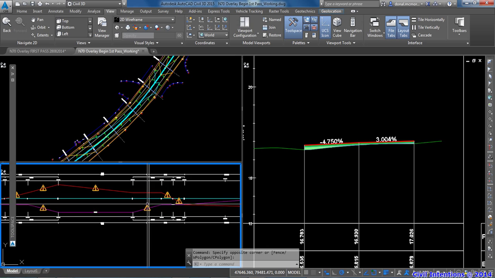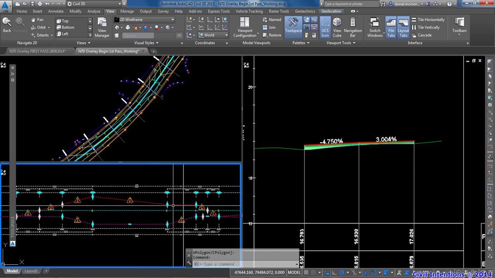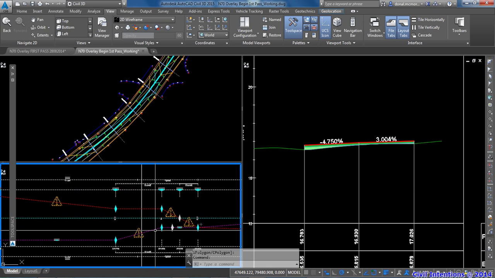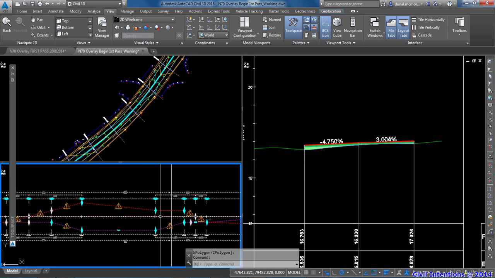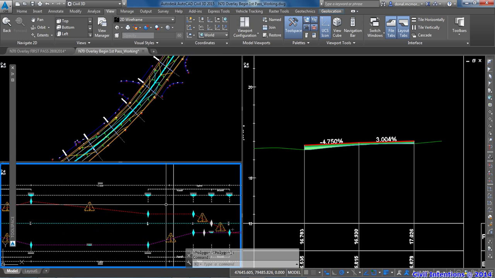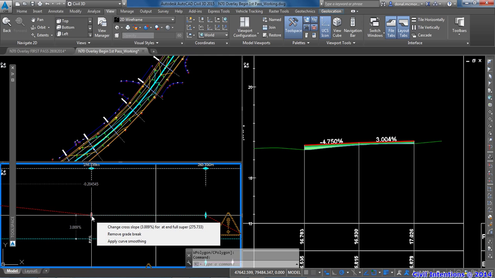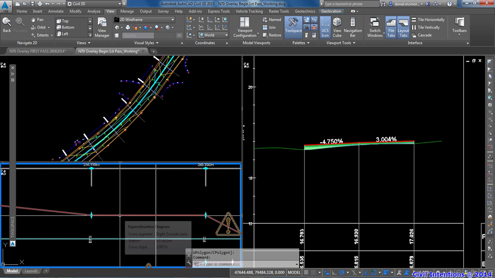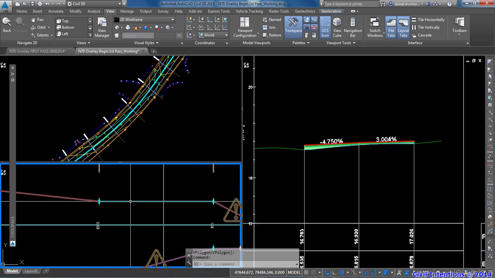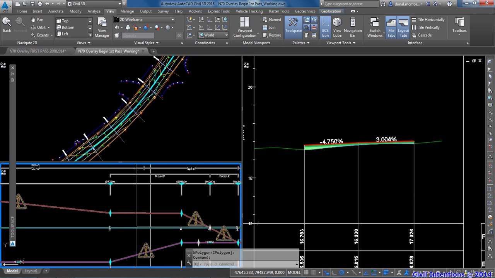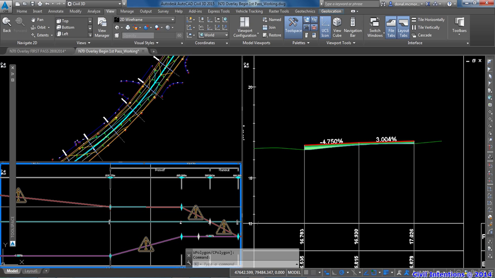So let's just say I want to edit the crossfall, the super elevation information for that section of road. A handy place to do it is here on the graph view. So when you click on the super elevation graph view, you get a series of grips. Okay, and these diamond shaped grips will allow you to change the crossfall. The diamond shaped grips on the actual left and right lane graph lines, so the red and purple lines in my case,